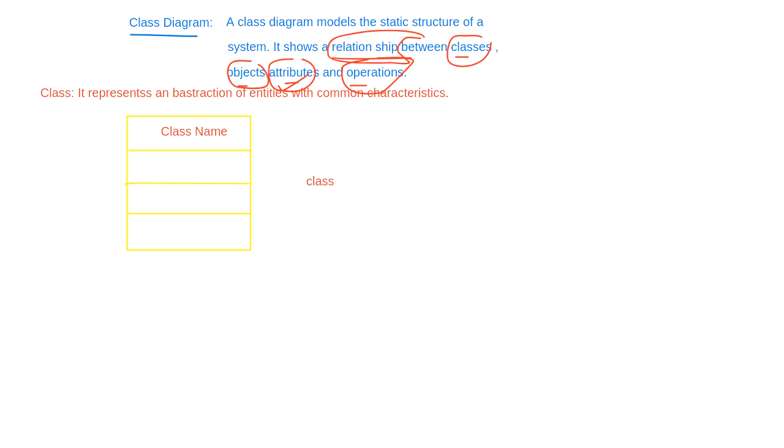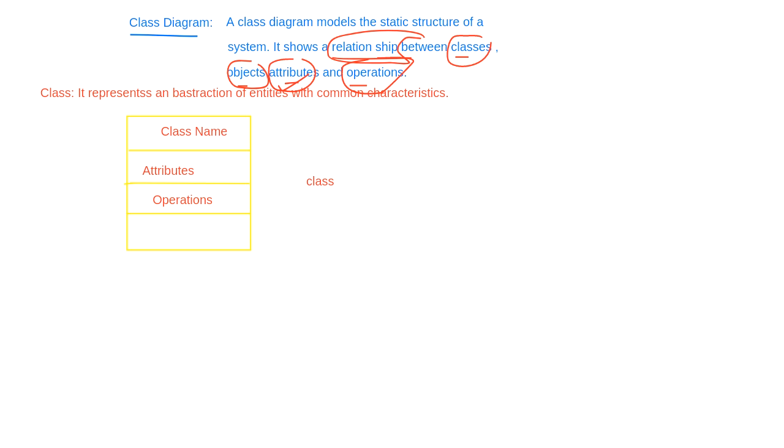Attributes. And what can a student do? For example, he can do some operations. He has to attend the lecture, he has to write the exam, if he is absent, submit the excuse, do the assignments, all these things. These are nothing but the jobs the student has to do. These are called operations. So every class has these things.